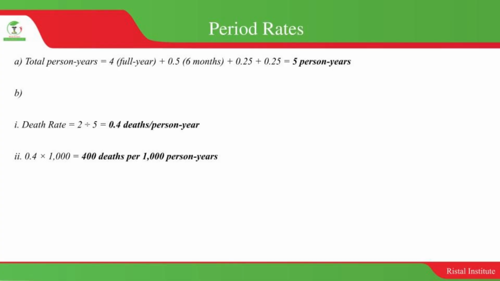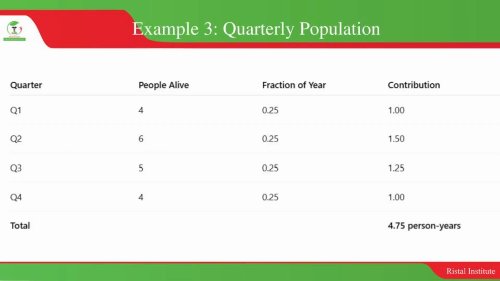Another way to calculate person years is to estimate the average number of people alive during the period and multiply by the length of the time window. We can use quarterly or monthly population counts. Say, average population